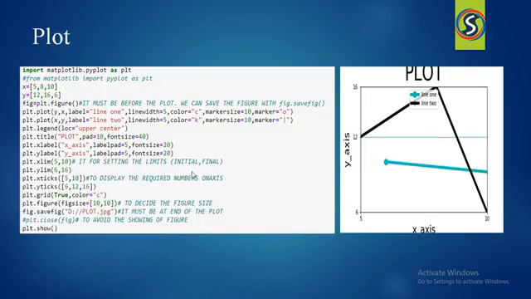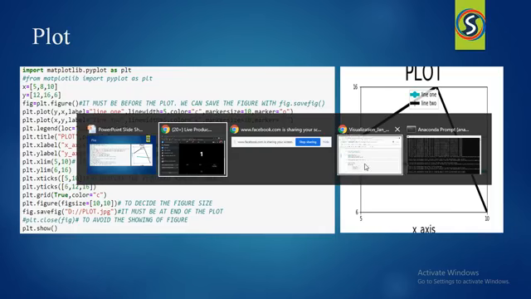Now let me move forward and explain the plot. If you want to draw any kind of line plot, you need to install the matplotlib library on your system. After installing it, you need to import the library into your current working directory. After importing the library, you need to utilize the functions available in matplotlib based on your requirement. Let me show you how to install, import, and utilize this library in the Jupyter notebook itself. Let me open the Jupyter notebook.